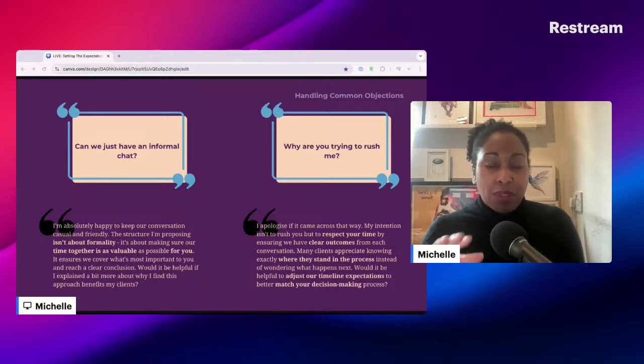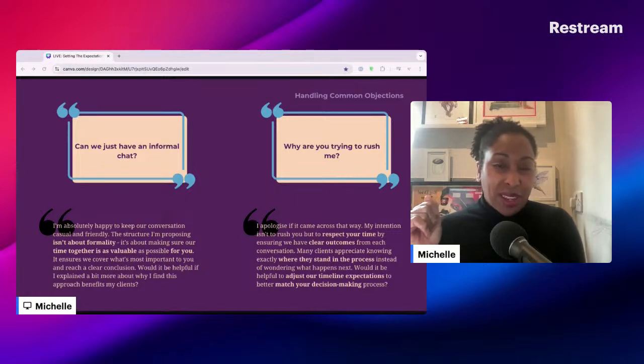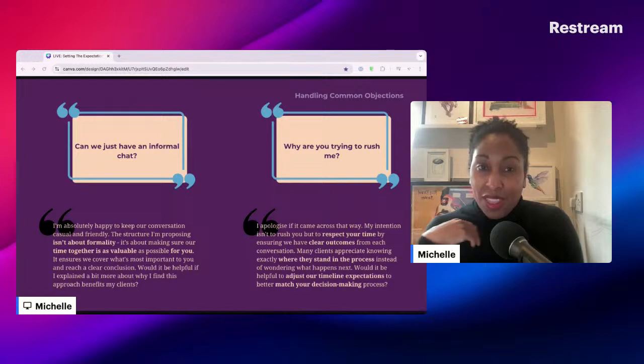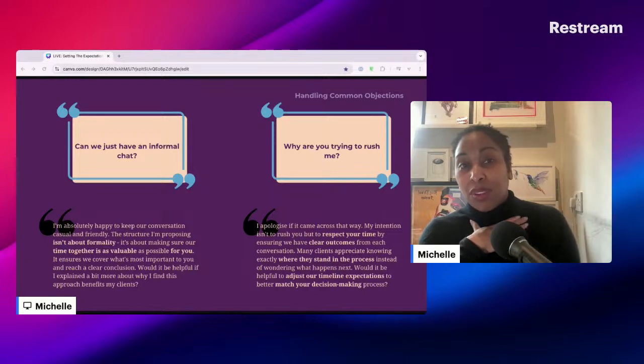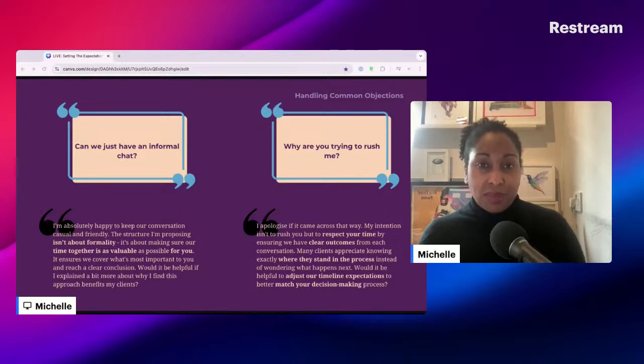Let them know that you're being respectful of their time, that actually this is about people knowing where they stand in the process, and you're really happy to adjust your expectations and adjust the timelines to match their decision making. Again, we're respecting their agency to walk away from this and to move at a pace that is comfortable. And in that, we'll hopefully get things moving a bit faster because we're not applying pressure tactics to no end.